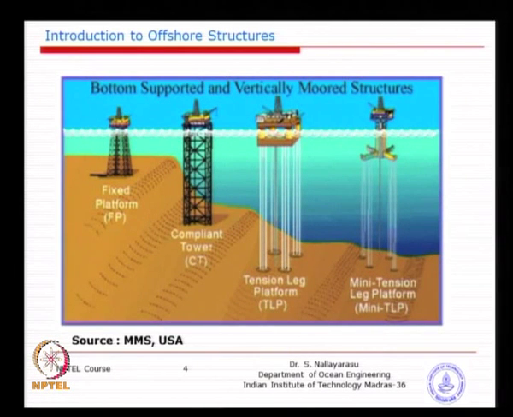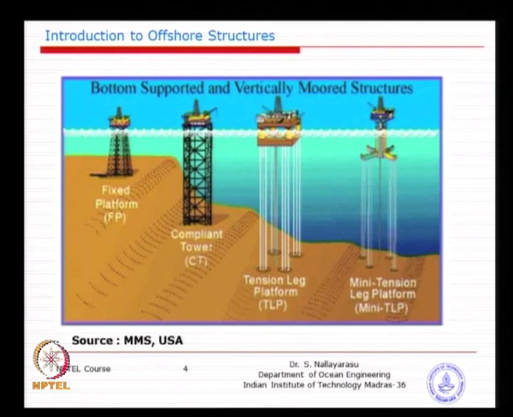So, if you see the history of platform development, you could see that gradually as the exploration extends towards deep water, it goes from a shallow water jacket to a slightly deeper water jacket. If you look at the first one and the second one, the jacket is slant here, you see the difference, whereas the jacket face is made vertical in the other. The reason is that if you make a similar design, for example from shallow water to deep water, the base of the jacket becomes too big.